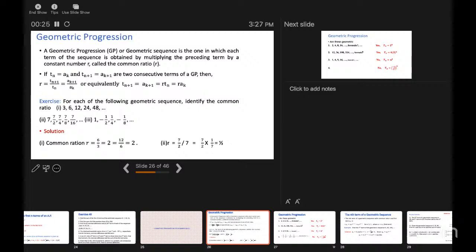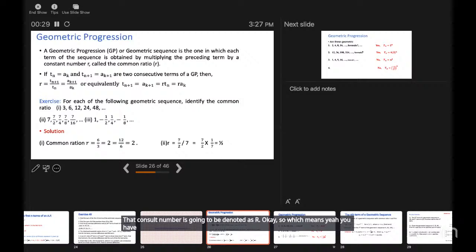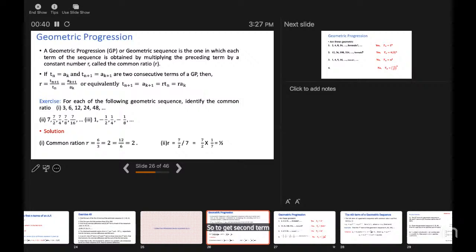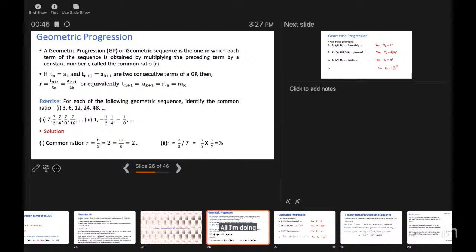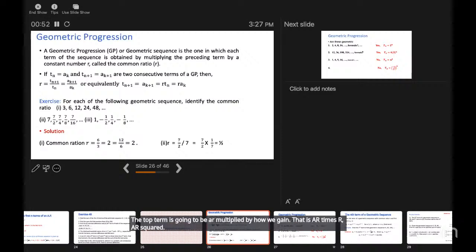Okay. So which means here you have a first term, and you multiply it by a number. To obtain the second term, you multiply by that number. Let's say your first term is A. If the common ratio is R, the second term is A multiplied by R, that is AR. The third term is AR multiplied by R again, that is AR squared. So this is how you get a